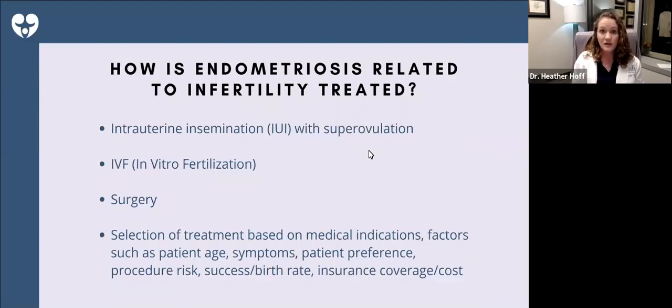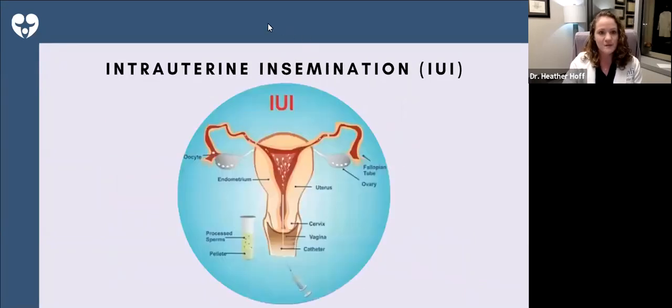Obviously we're going to talk a lot about what your preference is when we talk about surgery versus treatments, and we'll talk about the treatments, but the success rates of the treatments obviously come into play. Insurance coverage and cost is important, and any risks of any of these procedures are important. So that's something that we'll talk about as well. But really the main thing I want to emphasize here is that it's really an independent treatment plan, and it's something that's helpful for you to just sit down and go over with your doctor. So I will go over an overview, but then in terms of specifics, I'll answer some questions, but a consultation can be really helpful for you to get this information in detail.